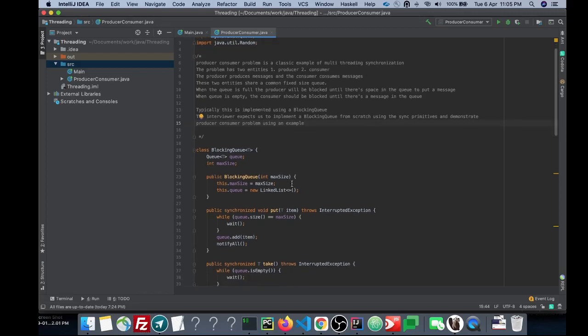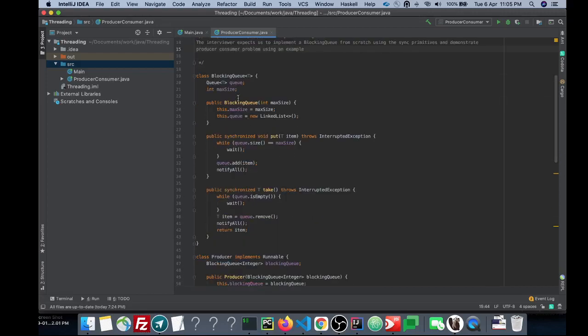So here I have created a generic class of blocking queue. It has a queue and a max size. In the constructor you see there's a max size parameter which the blocking queue takes, and then we initialize our queue. The queue has two operations in it.